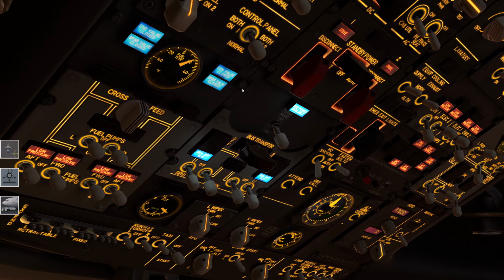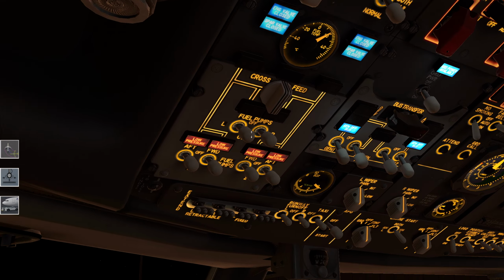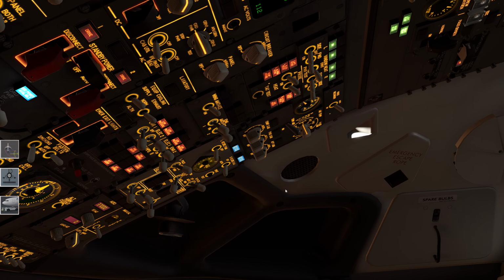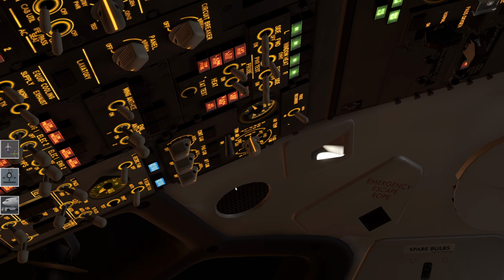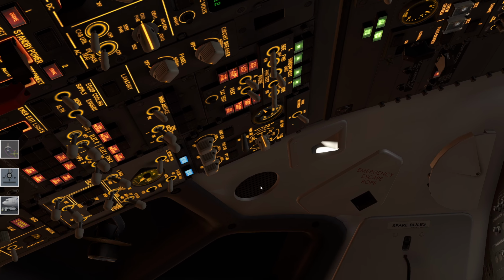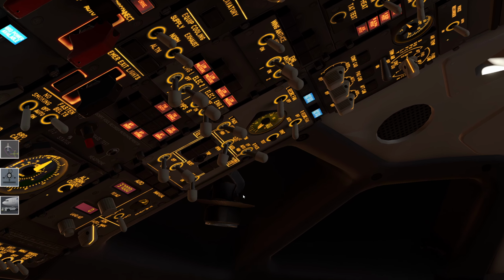Fuel pumps. We'll go to the fuel panel here on the left. All of them should be up and off. Trim air. We're going to want to go to the top right. This is the air panel. Trim air is directly in the center of this air panel, and we'll put that on. Isolation valve. That is directly below the air panel, and this should,